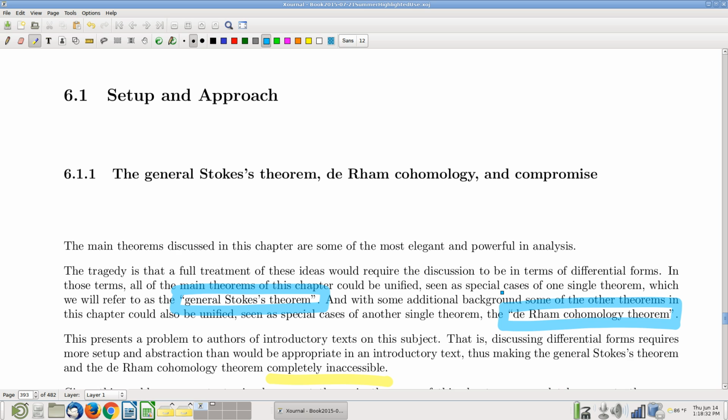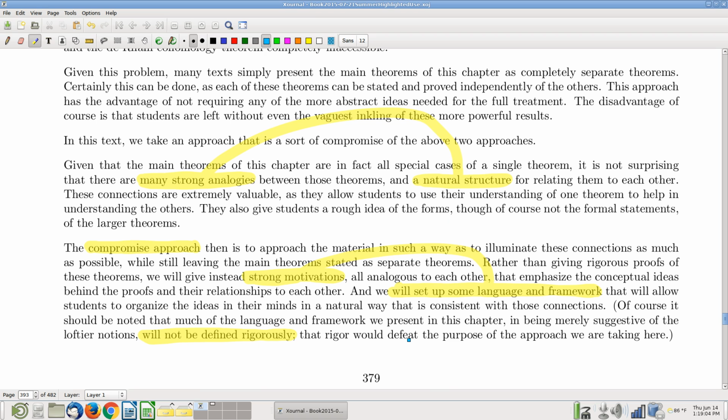Likewise, the de Rham cohomology stuff. There's a bunch of different independent facts that I could list, but they're not independent. They are all related to each other. Right? So, does the instructor tell you the whole story and completely snow you? Or does the instructor tell you just these self-contained individual stories and then leave out a huge amount of really useful information? So what I'm going to do is kind of a compromise, sort of halfway in between these two approaches, and that is my